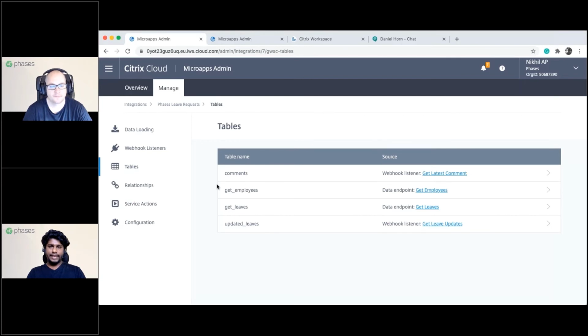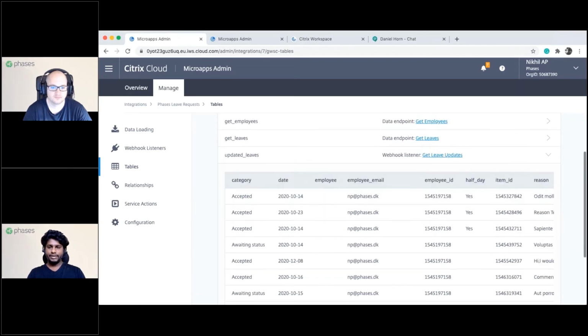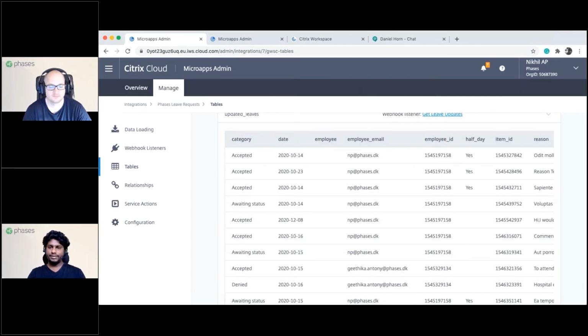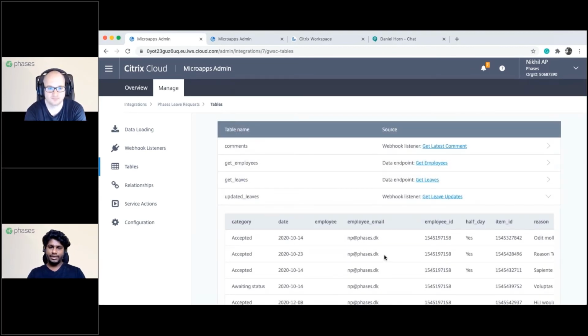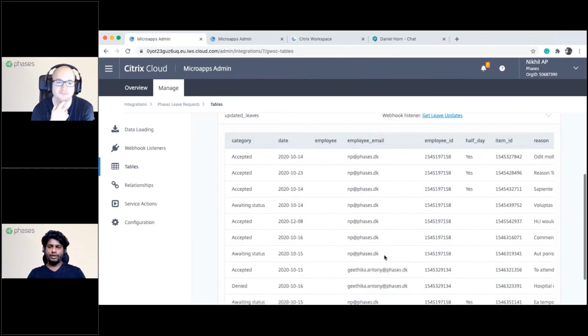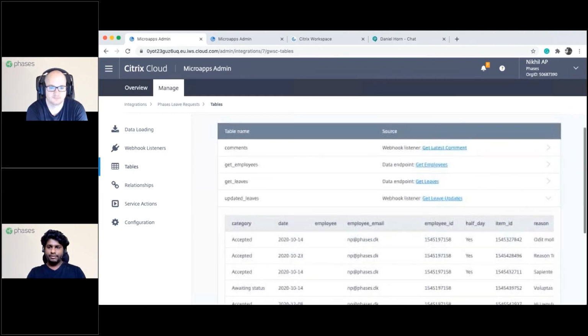And we have the tables. Tables are basically the data structure and the content. You can see if you click on here, this doesn't require any input action. This is just an output action. So it will display all the details which are there in the system. You can retain the data up to 30 days. That's what the configuration says, which you can configure inside the data loading and webhook listeners. So you can set how long this data needs to be here. If it needs to be destroyed in a day or something, you can do that. So that's also possible. So now we have all the data structure,